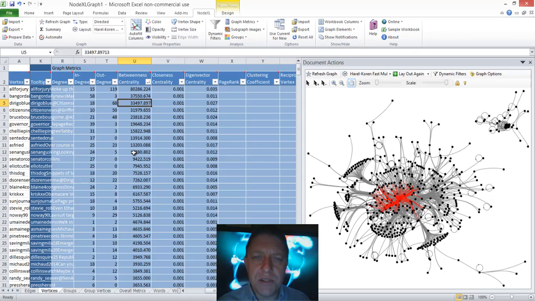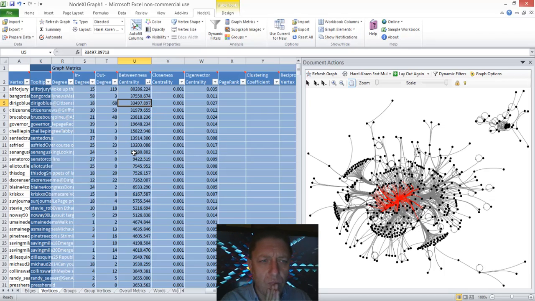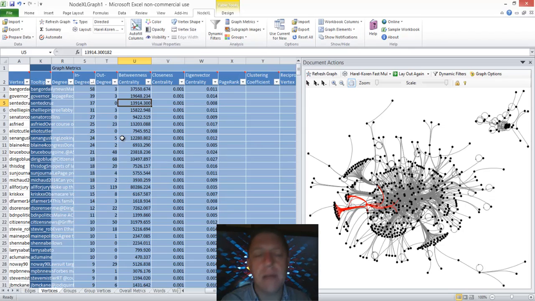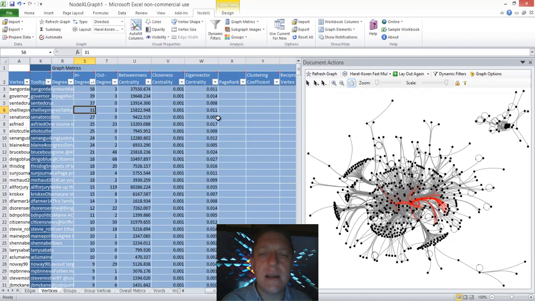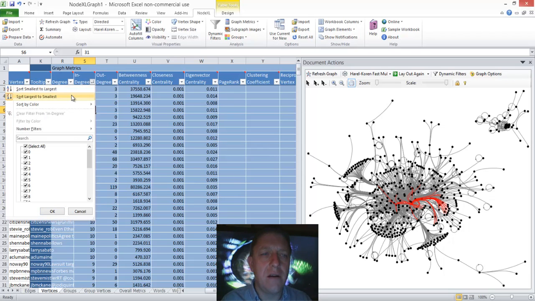Well, now, what matters to us here? What do we want to visualize when we create this network graph? Okay. Well, what matters to you? I can't hear your voice, so I'll pick something here. I want to pick the most popular, most referred to individuals. I'm just going to pick that to start with. I want to know who it is that others talking about Maine politics want to talk to the most. So I'm taking those individuals, right? And I've just sorted here, largest to smallest.